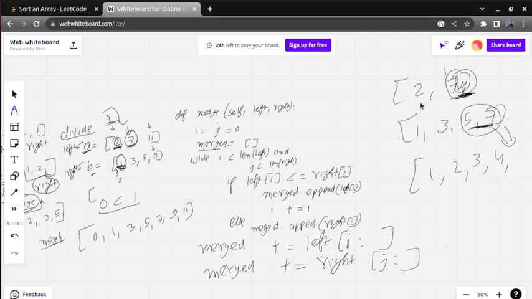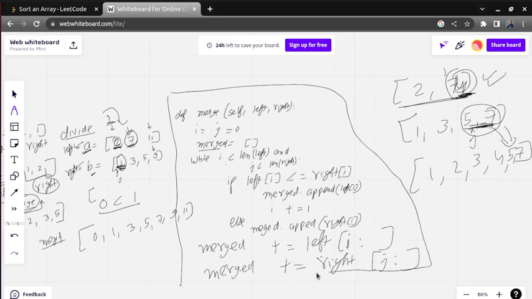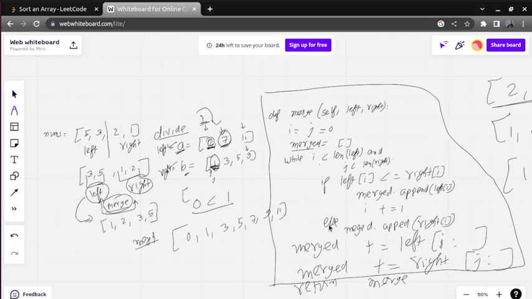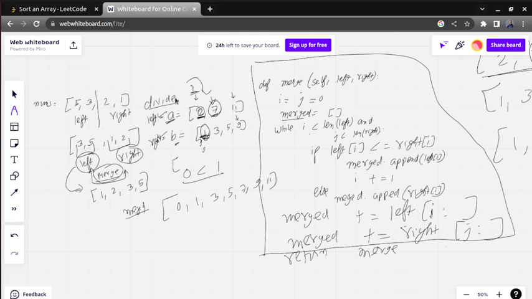In this case i will be here, so we are not going to add any element from the left array. Here no element is going to be added, but j is still here, so we are going to add two elements, that is 5 and 7. So this is done, and this is the function that I am going to use. At the end we need to return merged. Correct. So now how are we going to approach the problem?